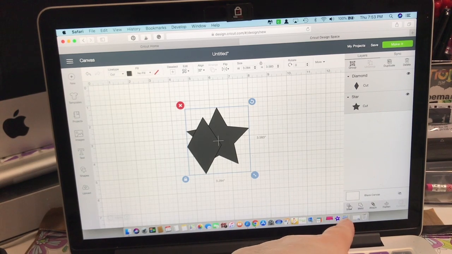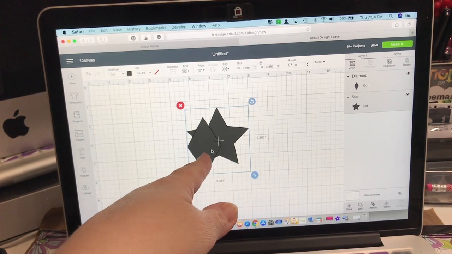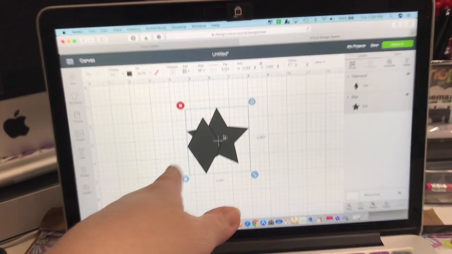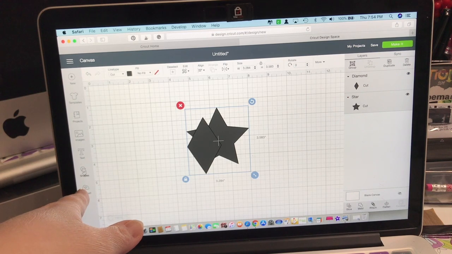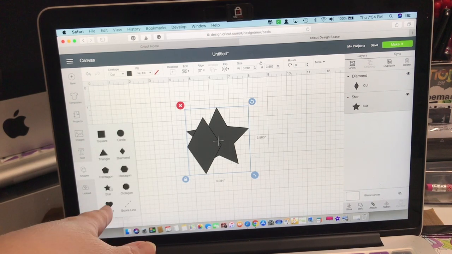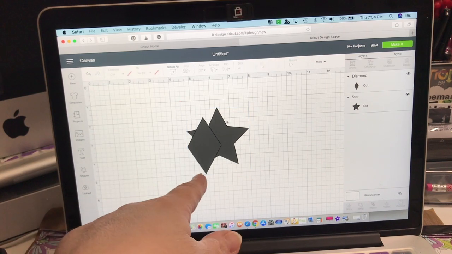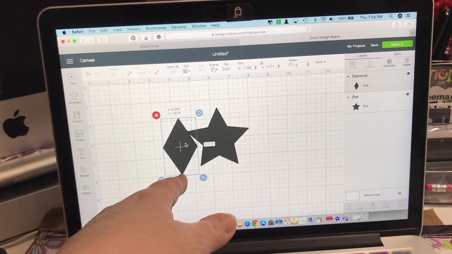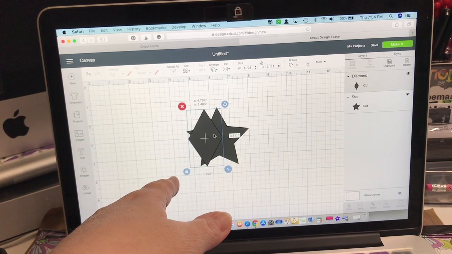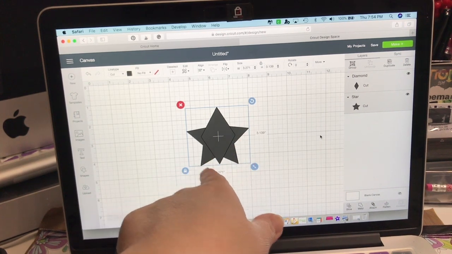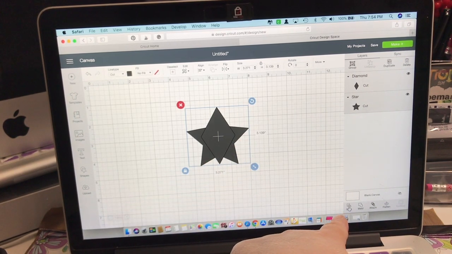To demonstrate slice, I've placed a diamond and a star from the shapes here. I've taken from the shapes, I've chosen a star and a diamond, and I've just kind of moved the diamond onto the star here like this. Select all. Okay. Now by selecting all, slice, weld, attach, and flatten are highlighted. By clicking on slice,